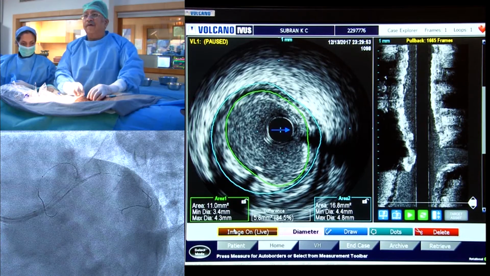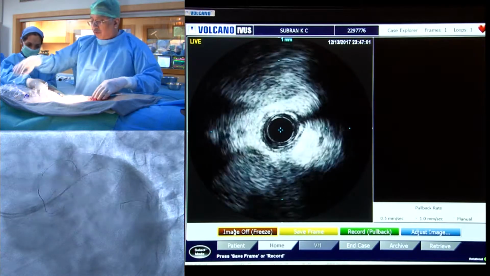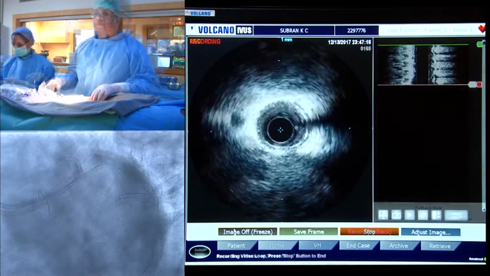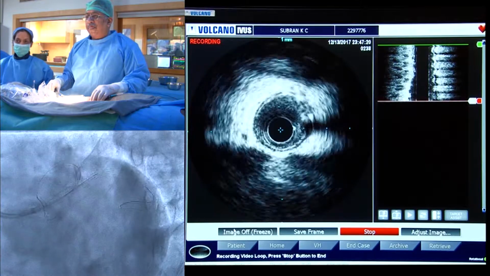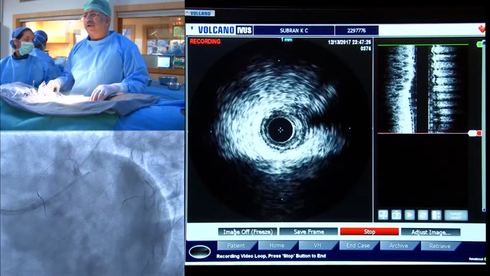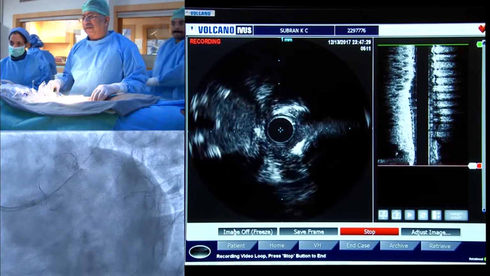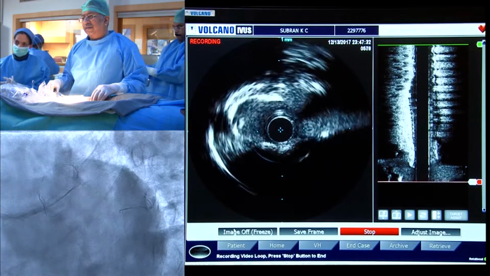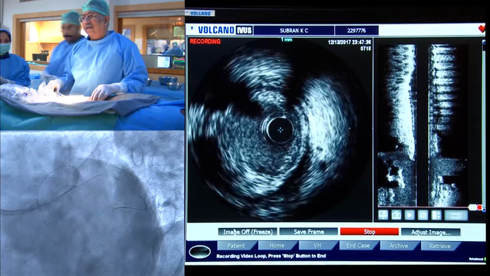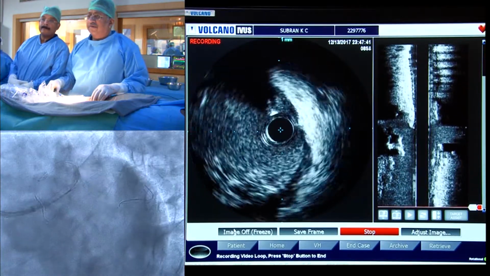What we're now doing is we have put the intravascular ultrasound into the ramus, and we're going to do a pullback from the ramus. So the pullback starts from the ramus. So we got about 2.5 millimeter ramus, maybe 2.75, and there it's tight stenosis over there as it comes into the left main, and that's a tight left main distally, and mid shaft of the left